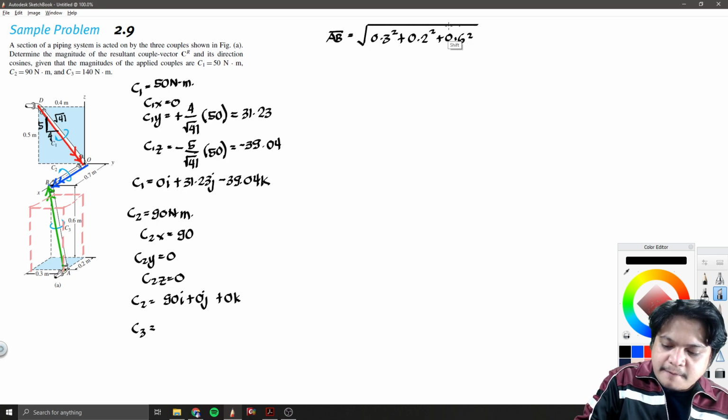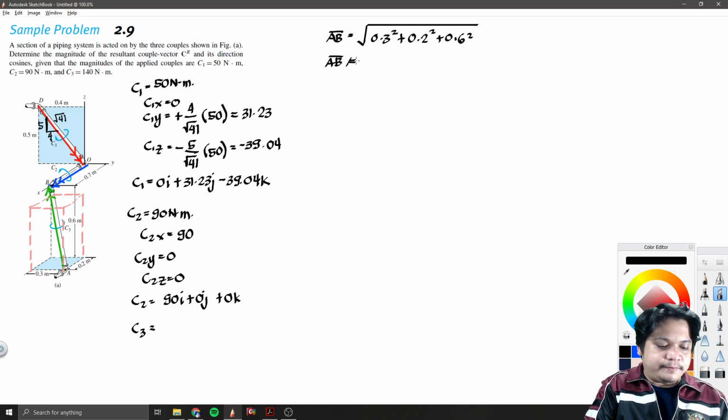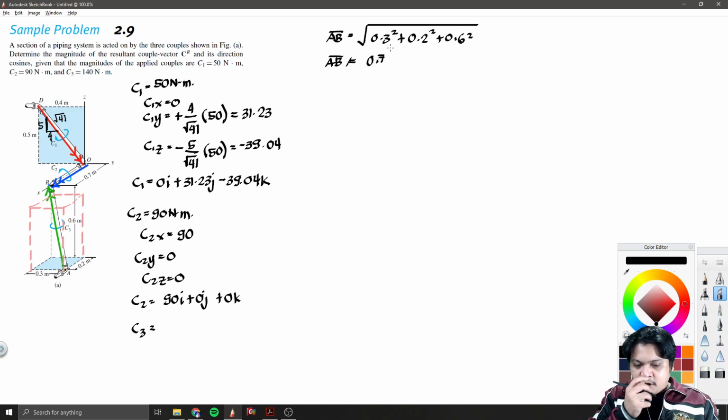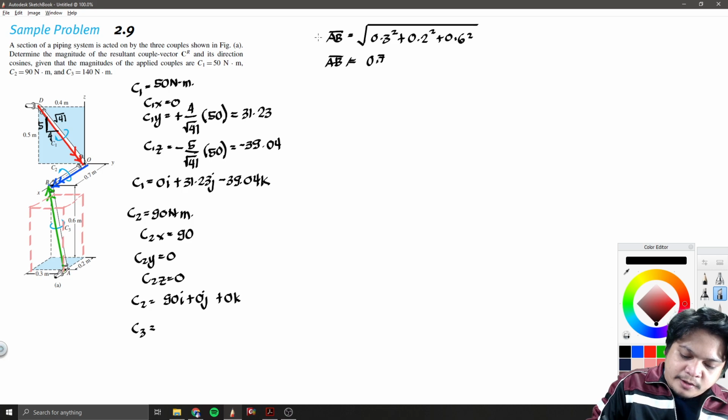Okay, so ayan siya. So yung line AB natin or segment AB, that is 0.7. Okay? So since meron akong C3 which is equal to 140, okay, so for the C3x, ang gagawin ko,